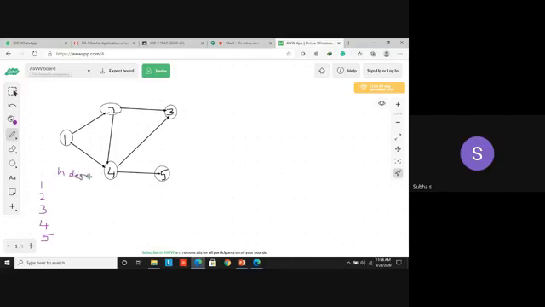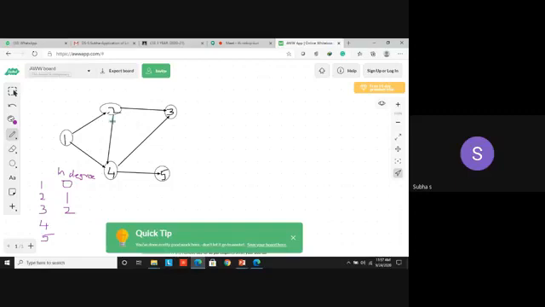So adjust with the handwriting. For 1 it is, others you can write it. You can find the in degree for vertices. For 1 it is 0. For 2 what is the in degree here? It's 1. For 3 in degree what? Well, here there is one incoming edge. Here also one edge incoming. Getting into 3. So in degree is 2.